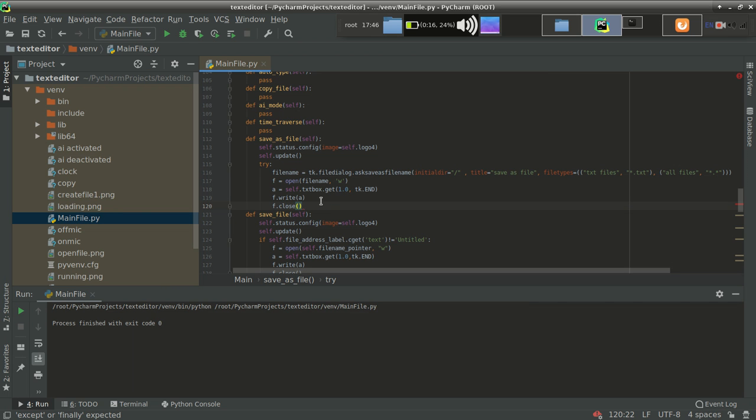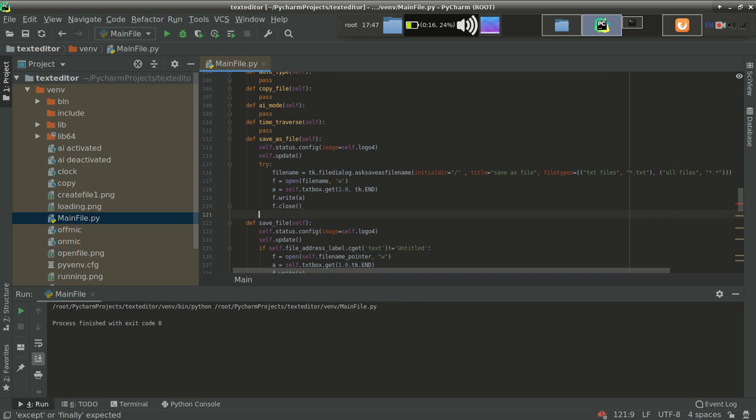So guys, why have I used this try? Because suppose that in a situation the user is saving a file with an already saved name. Suppose there is a file u.txt, and the user is again saving the file with the name user.txt, user.txt being the first name, and again saving it with user.txt. So what will happen in that case? It can throw an exception. So for resolving that exception, I am using a try and except block. If the user already has this file, then what will happen? I'll show you.